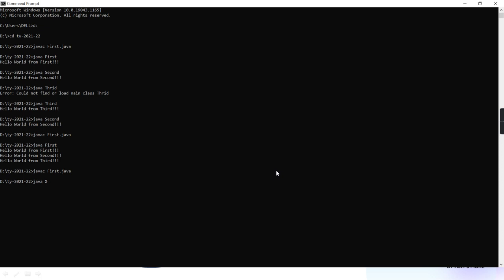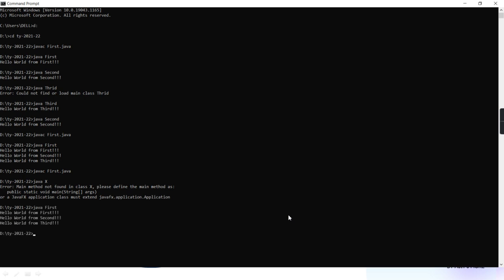In X, it should get public static void main. But it doesn't get it, and it will give an error: main method not found in class X. Which main method? Public static void main, which takes an array of string objects. Got it? But why didn't it give an error for the first? Because the first was having that main.